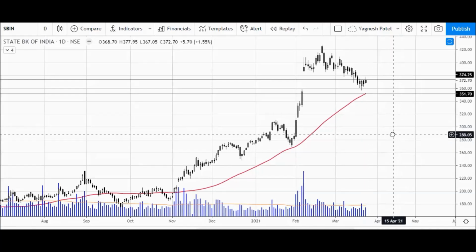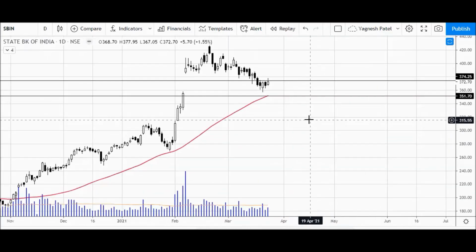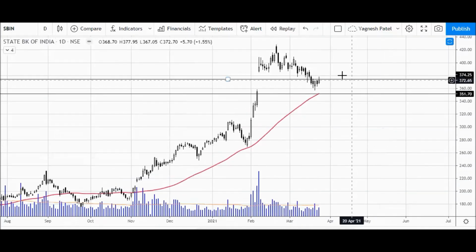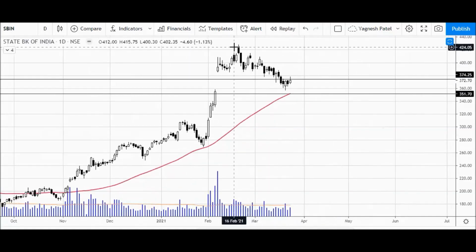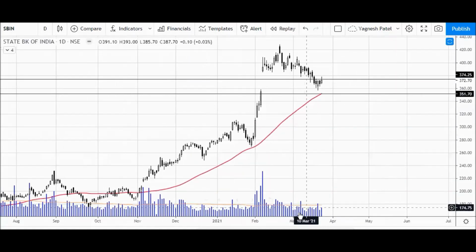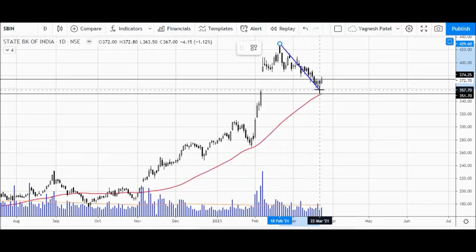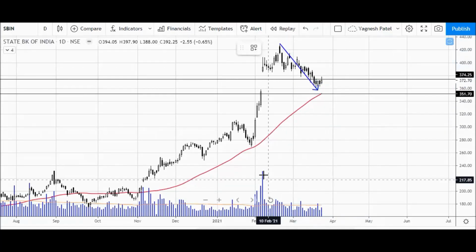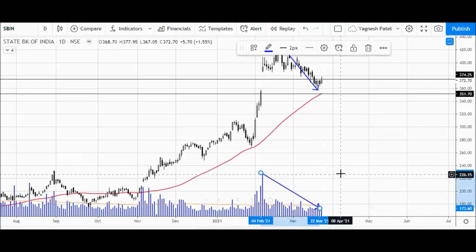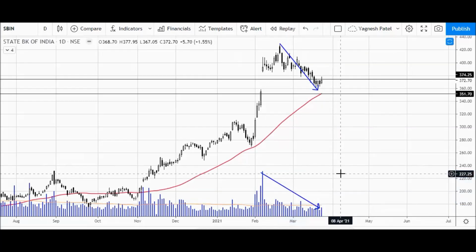So now let's check where it may move. Basically we have seen a good down move, and after this move, the stock price from this point to this point is declining, and the volumes from this to this are also declining. So it's the category of fourth. For those who have opted for the training course, I have explained volume analysis in detail. This is the fourth category.